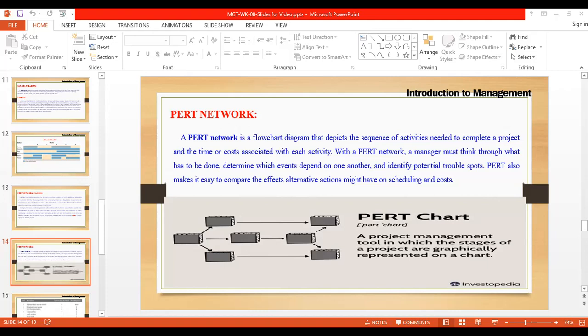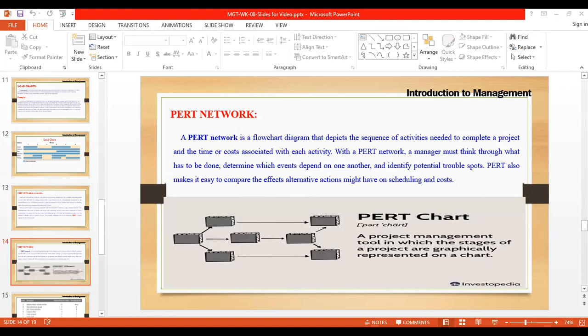स्लैक टाइम इज द अमाउंट ऑफ टाइम एन इंडिविजुअल एक्टिविटी कैन बी डिलेड विदाउट डिलेइंग द होल प्रोजेक्ट। कि ओवरऑल आपका जो एक अमाउंट ऑफ टाइम है of the individual activity that will be delayed without delaying the overall project time. कि आप सपोज 10 दिन में भी कर सकते हैं, 5 में भी, लेकिन अगर 10 दिन में आप ये वाला स्पेसिफिक एक्टिविटी परफॉर्म करेंगे तो उससे अगले वाली जो एक्टिविटी है उसका टाइम पीरियड खुद ही कम हो जाएगा। तो प्रॉपर जो पूरा आपके प्रोजेक्ट का टाइम है वो डिले नहीं होगा। तो इसको हम स्लैक टाइम कहते हैं कि जो आपका ज्यादा टाइम अगर आप ले रहे हैं जस्ट टू कंप्लीट दैट स्पेसिफिक इवेंट।